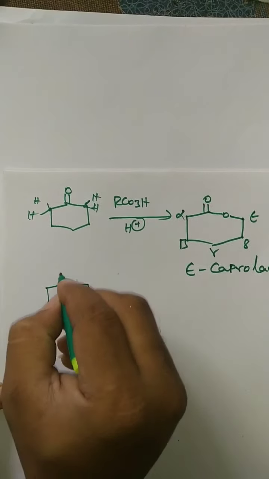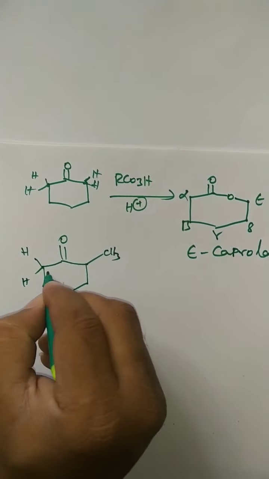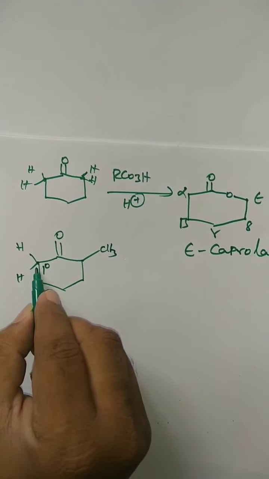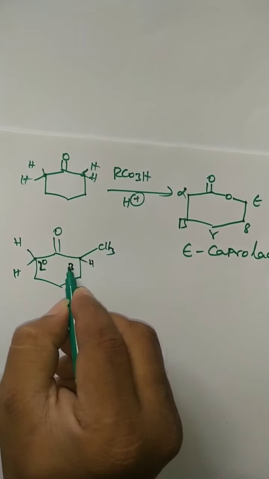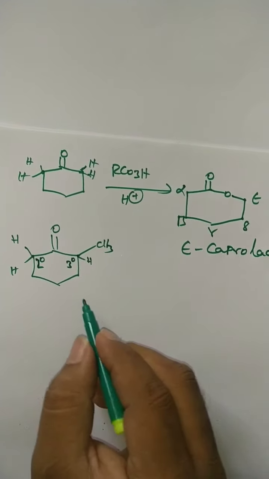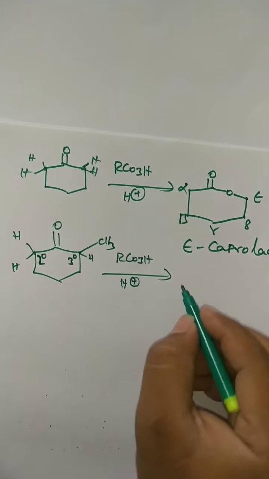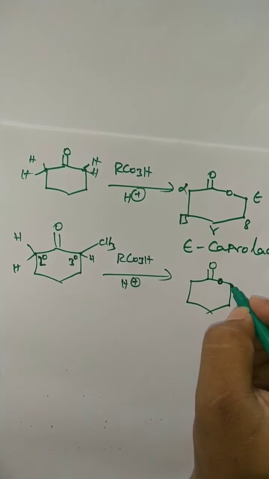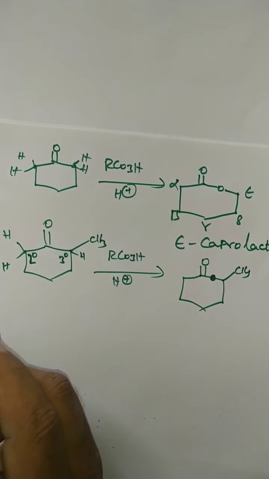Now you tell this example students, very easy to remember. What is the nature of the carbon here? This is a primary alkyl group. Primary or secondary? This one is secondary. And what about this carbon? This is tertiary, right? So according to the order, tertiary is greater than secondary. Now where does the extra oxygen insert? See here, the extra oxygen gets inserted here. So finally this will be the product. So I think you understood students.